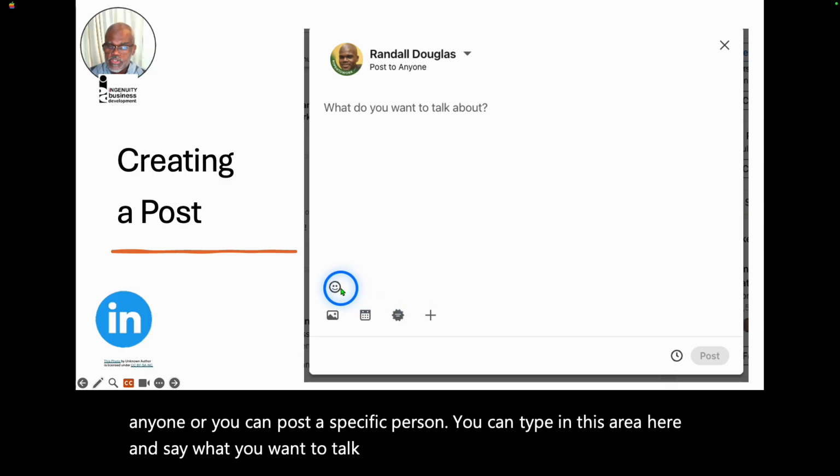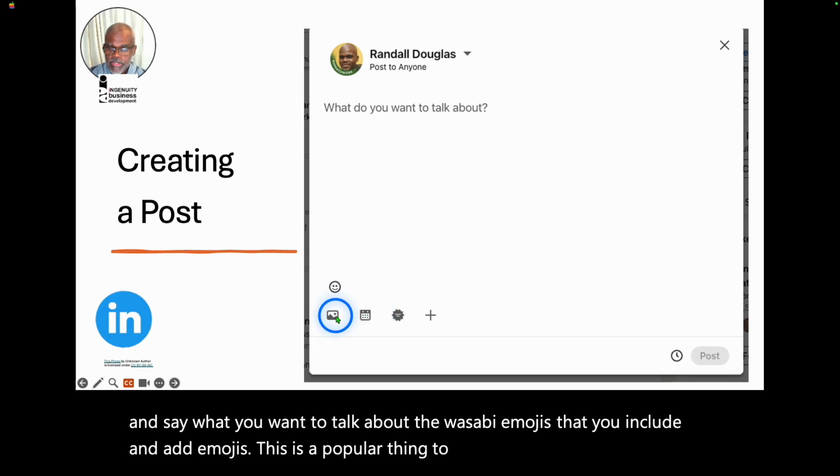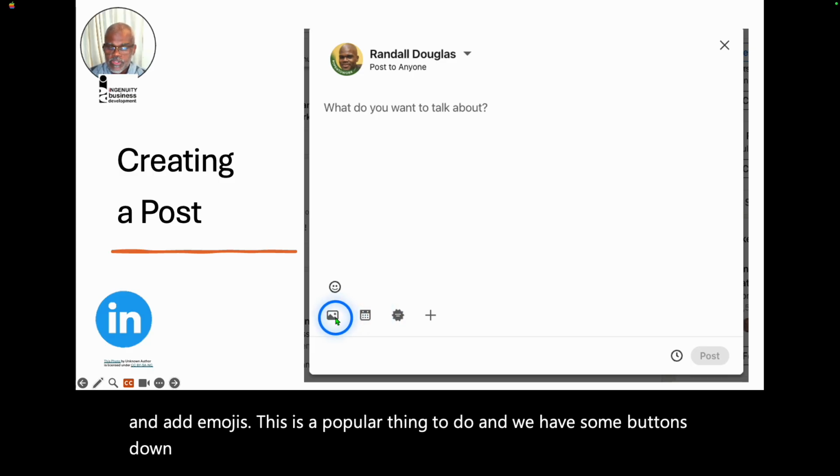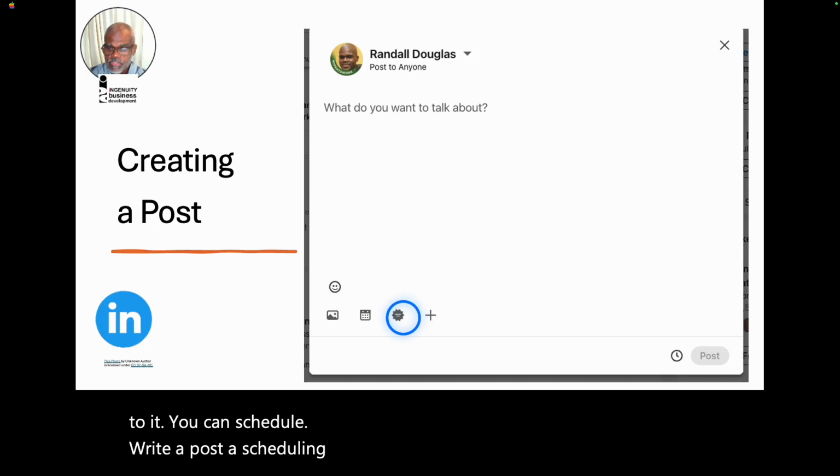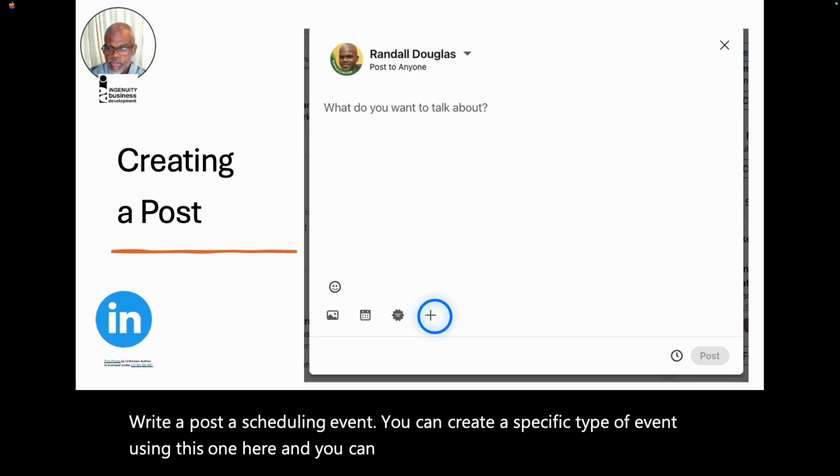You also have emojis that you can click and add emojis. This is a popular thing to do. And we have some buttons down here. The first one, of course, is your picture. You can add an image to it. You can schedule a post, schedule an event. You can create a specific type of event using this one here, and you can add other things to your